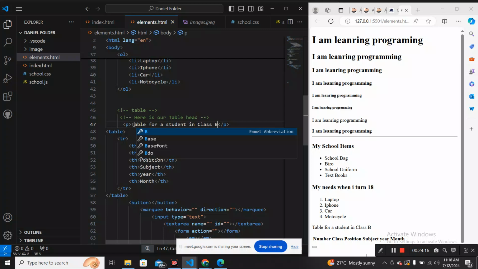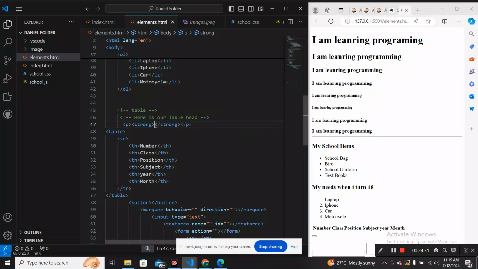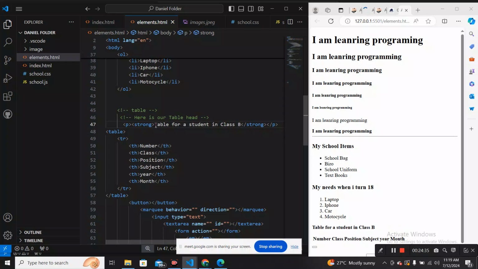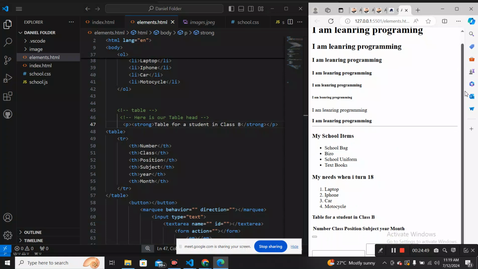All right, inside this we can put strong, then copy this, Control C, Control V, paste it here. You see, you can combine two elements together. P, paragraph, strong is just to make it bold. Are you getting me? So this is for the head, to build something like this. Then for the tail,